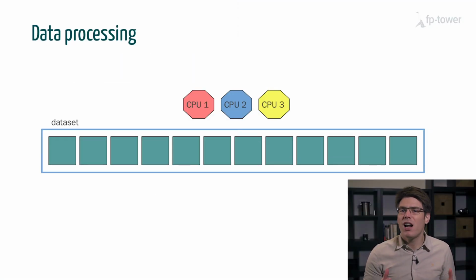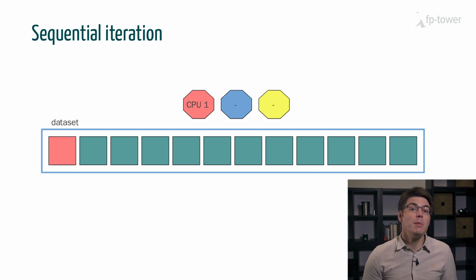So if we want to process a large volume of data quickly, it's crucial that our algorithms fully utilize all the computing power available. So imagine we have a very large data set, maybe gigabytes or petabytes of data, and we have several CPUs available. Until now, every time we have analyzed the dataset, we have done it sequentially, which means that one CPU is in charge of iterating over the entire collection, and all the other cores are idle. This is a huge waste of resources, right? So how can we improve this situation?